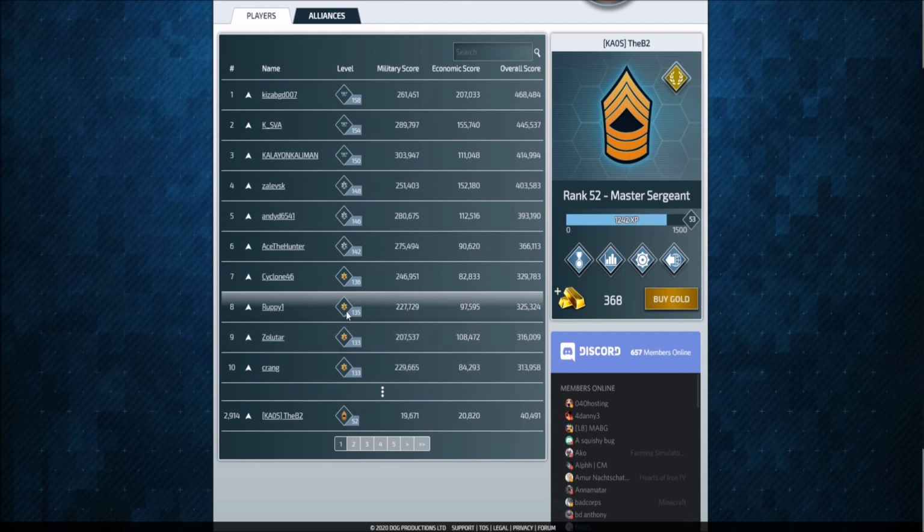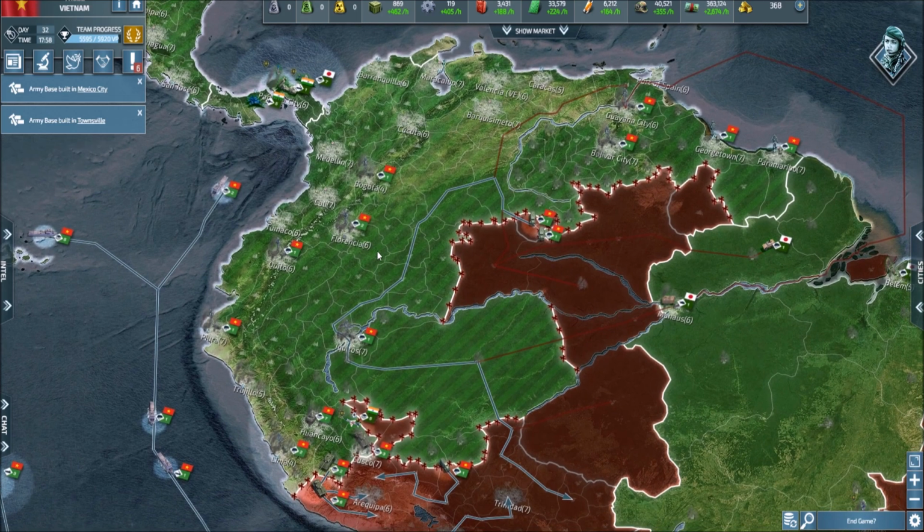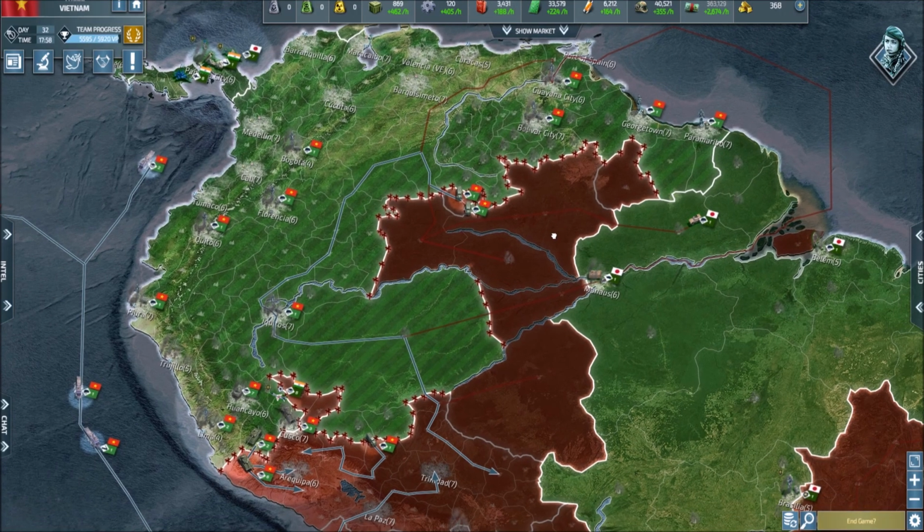So the other thing you have to consider is on the map, if you were going, see, there you go. Economic is boosting right there. Every time a building is done on here, we're getting an economic boost. The other thing to consider is